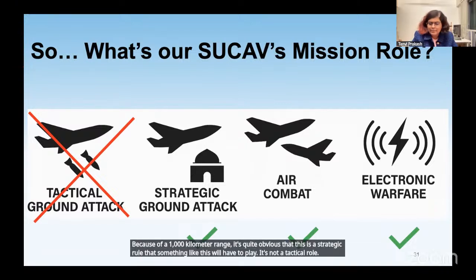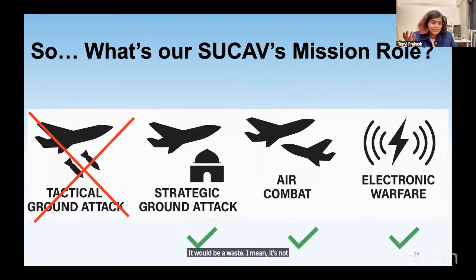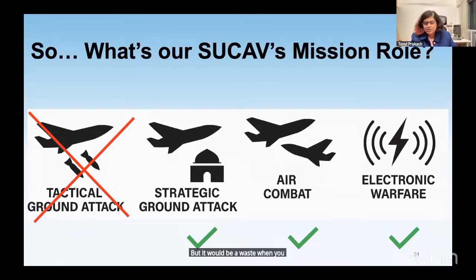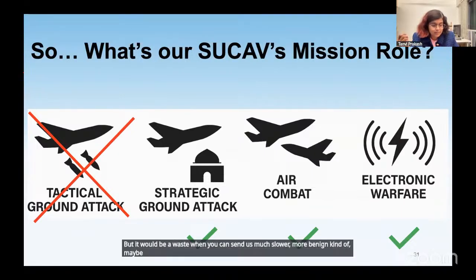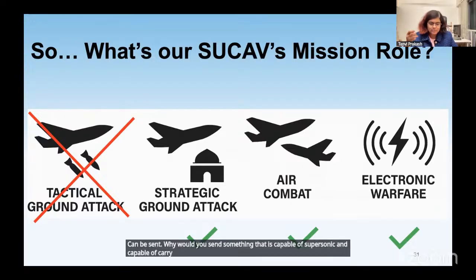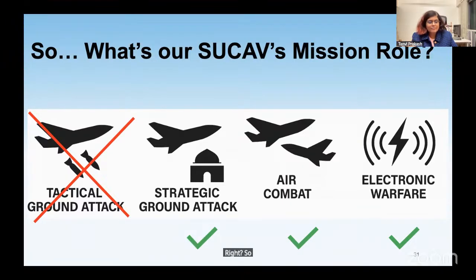It would be a waste. I mean, it's not that you can't use this for a tactical role. You can, but it would be a waste when a much slower, more benign, much less expensive thing can be sent. Why would you send something capable of supersonic flight and of carrying so much payload just for a small tactical attack, right? So you need massive supersonic UCAV kind of aircraft for